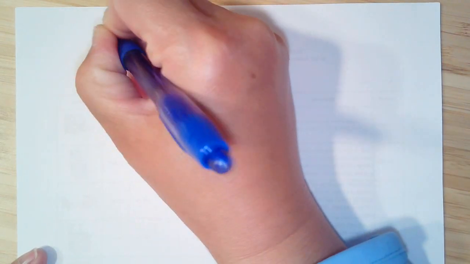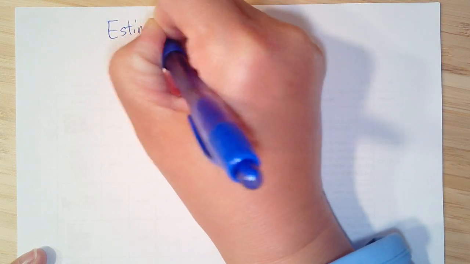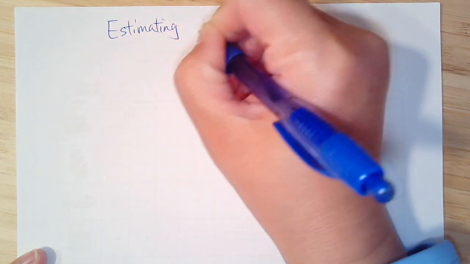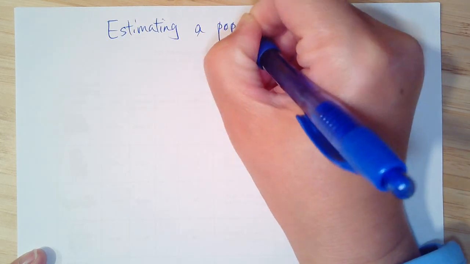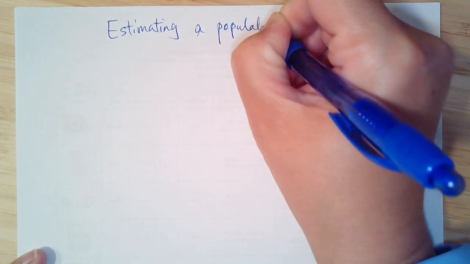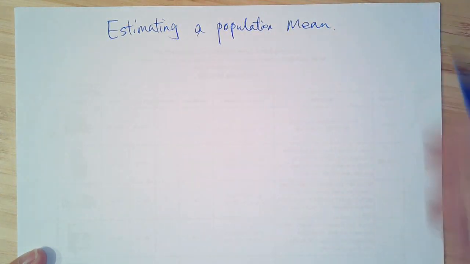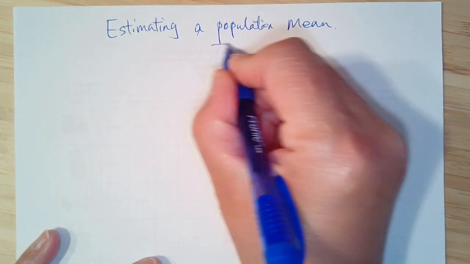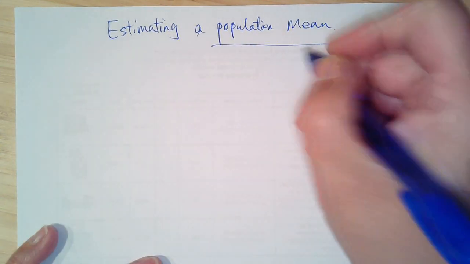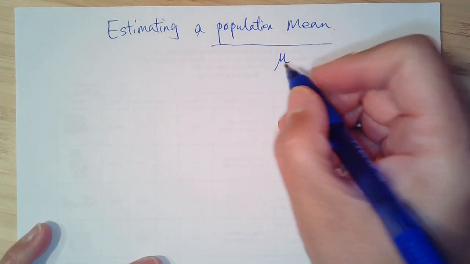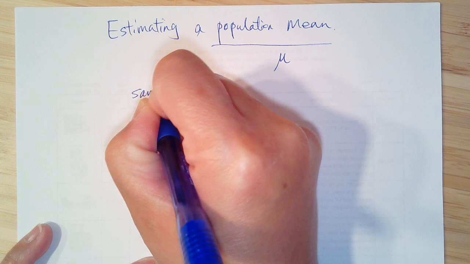After we learned how to estimate a population proportion, now we're going to learn how to estimate a population mean. At the very beginning, we're going to review what is the symbol we use for population mean. Mu, right? And what do we know usually? We have a sample mean,